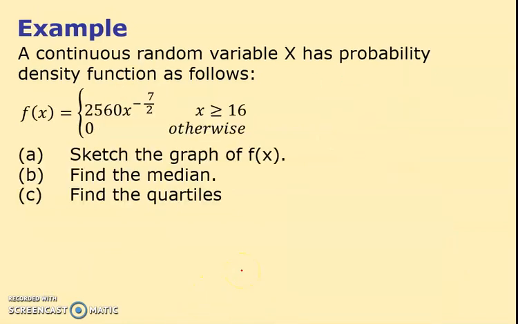Good. Next question. It says a continuous random variable has that probability density function. This PDF thing, it's just another posh way of saying the formula. Now it's only valid for x bigger than or equal to 16. Now, I haven't got a clue what that is. If I chuck this into my calculator,